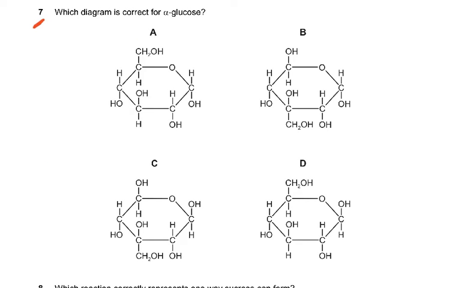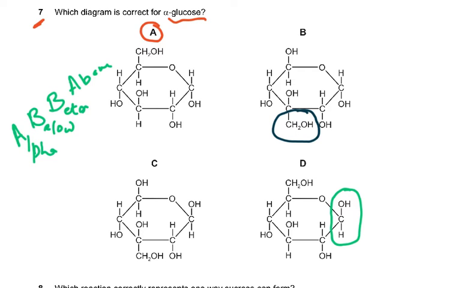Now coming to question number 7, which diagram is correct for alpha glucose? Now the answer is A, but then why are B, C, and D wrong? That I am just going to explain to you. If you've looked at my other videos, I've always said, an easy way to remember alpha glucose is alpha below, beta above. Now what is below and what is above? Alpha, the OH is below on carbon 1. This is carbon 1, this is 2, this is 3, this is 4, this is 5, and then this is 6. So if you know the carbon numbering, then you know on carbon 1, the alpha glucose, the OH